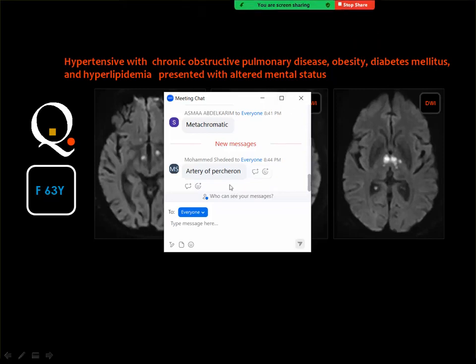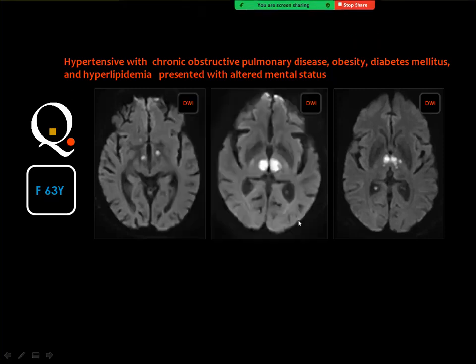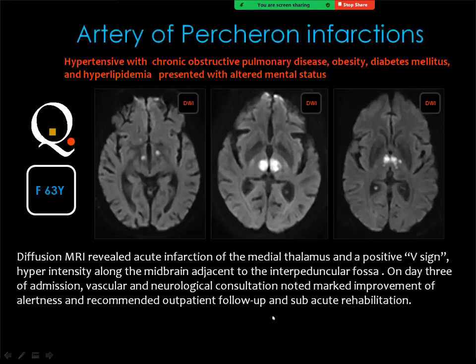The artery of Percheron. This is right. Restricted diffusion is seen in acute infarctions and also in inflammatory conditions. And the characteristic location of the lesions on either side of the third ventricle is diagnostic of artery of Percheron